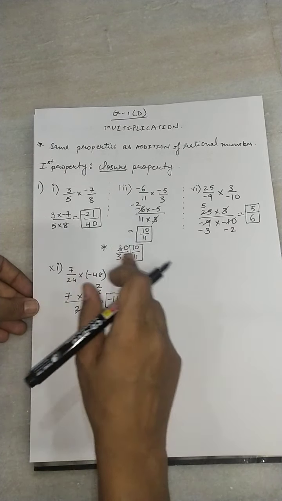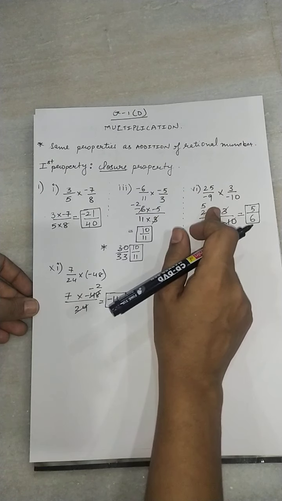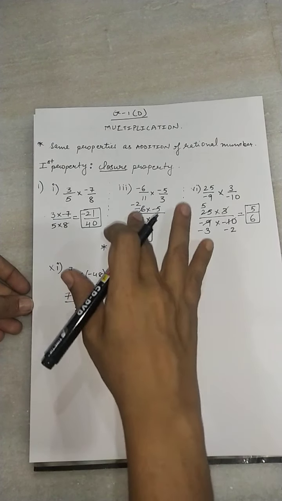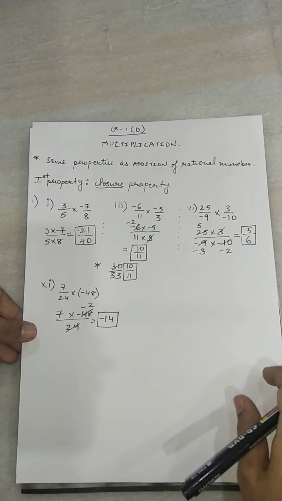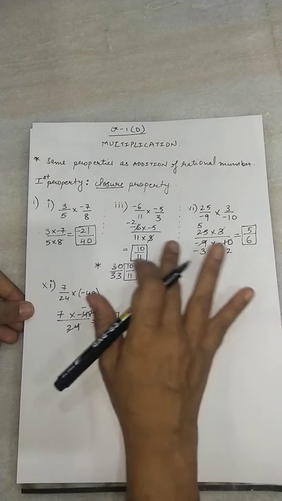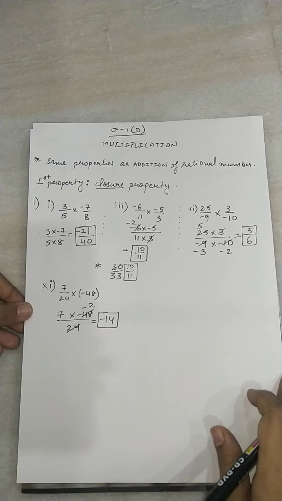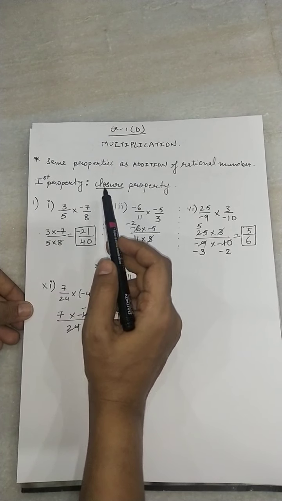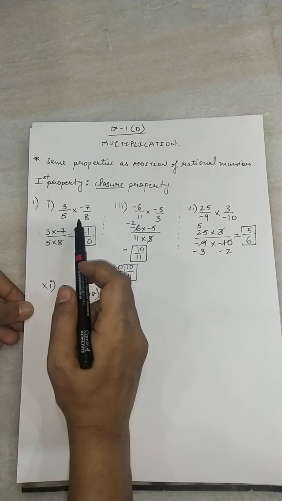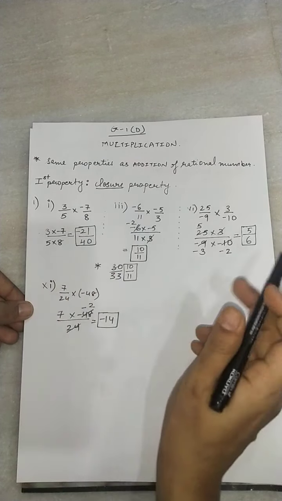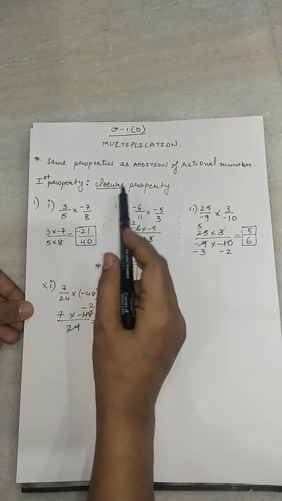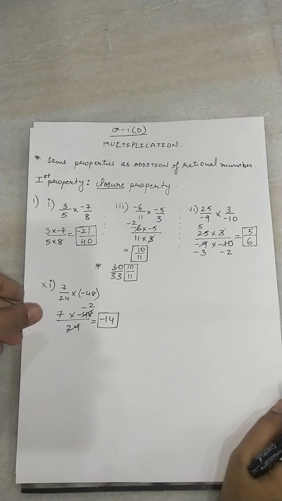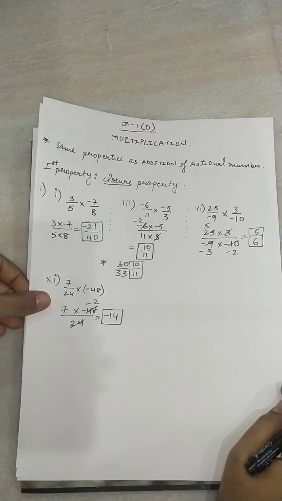Okay, and I told you anyway is fine. If you want to solve the whole thing and then convert to the lowest term, it's your wish. Or if you do by this method, any method is fine. Just do it neatly and with the proper sign. Okay, so I hope the closure property is clear. Again, I'll repeat. Product of two rational numbers will be a rational number only. That is what closure property suggests for multiplication of rational numbers as well as for addition of rational numbers.